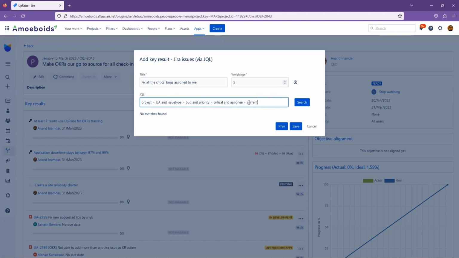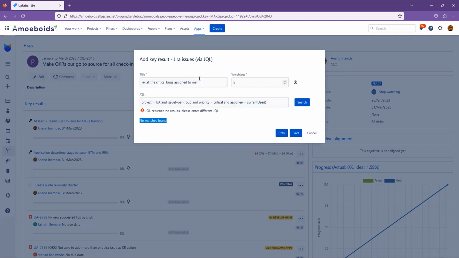So let me just use a function that I know will work. So apparently there are no results with this JQL, which is fine. However, one thing to understand here is this is a query. This is a search query which can have different search results in different points in time. So today it does not have any results. Tomorrow it might give you 5 bugs as a result set. So what you're doing here is you are saying, I want to link this JQL as a key result,